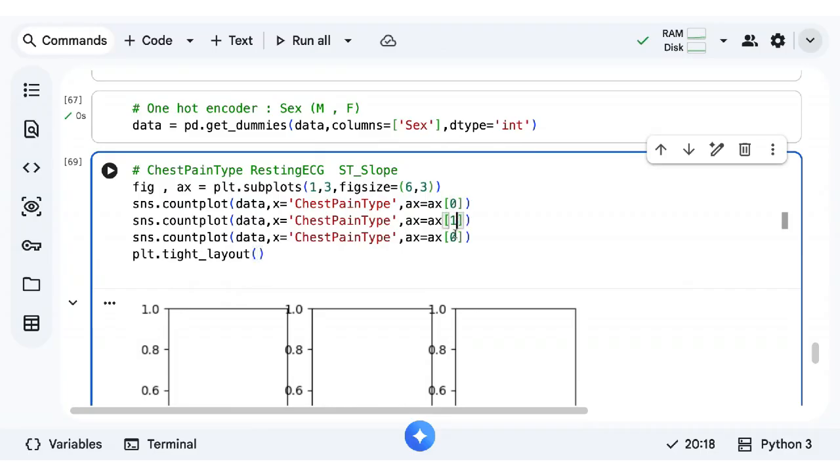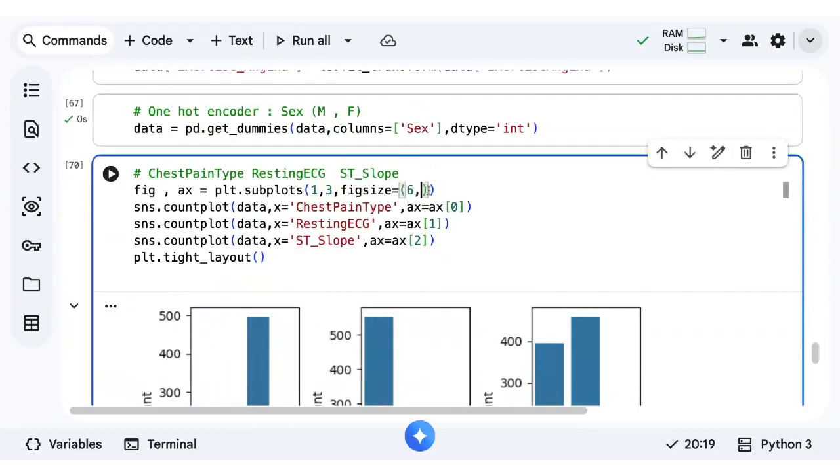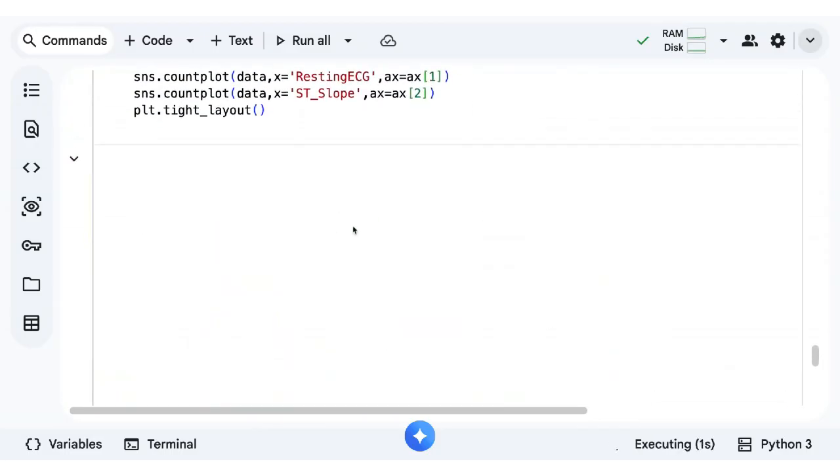So it's one, this is okay, and this is resting ECG. And then we'll use a ST slope. Okay. Alright.